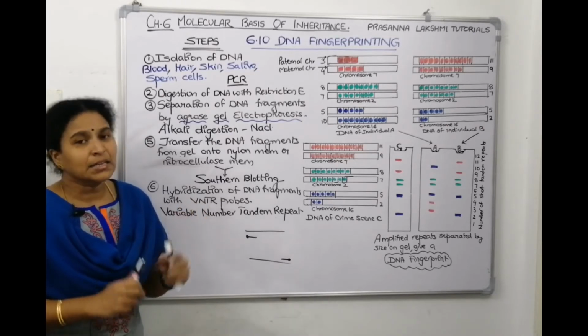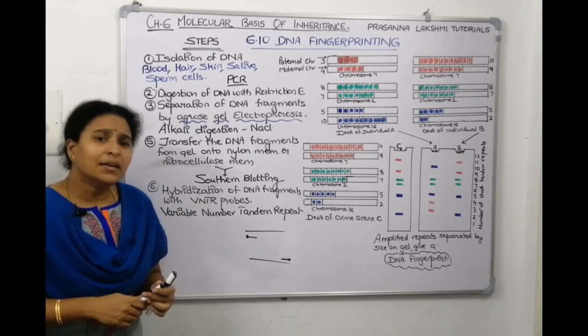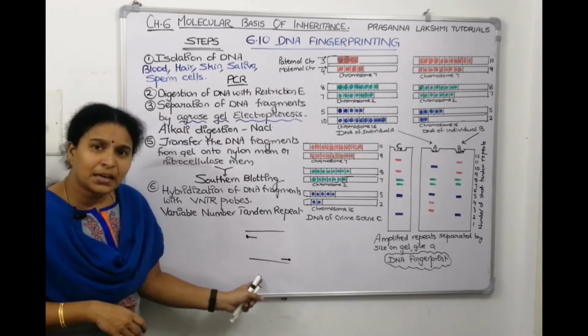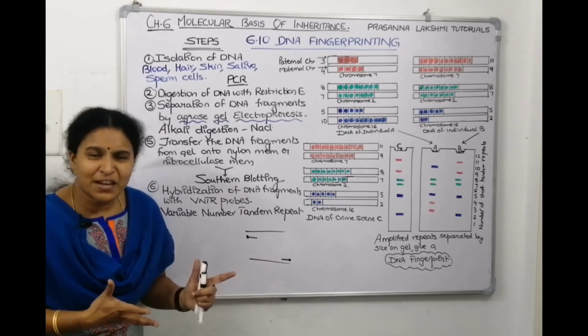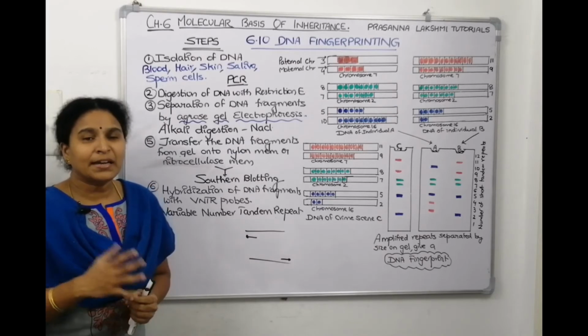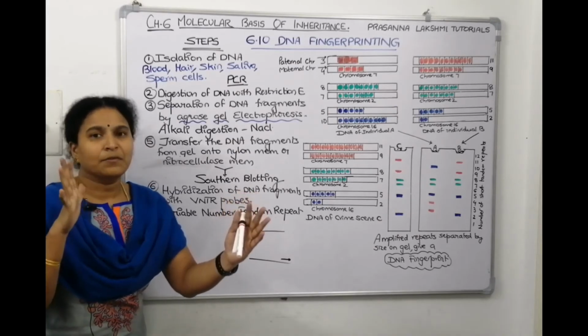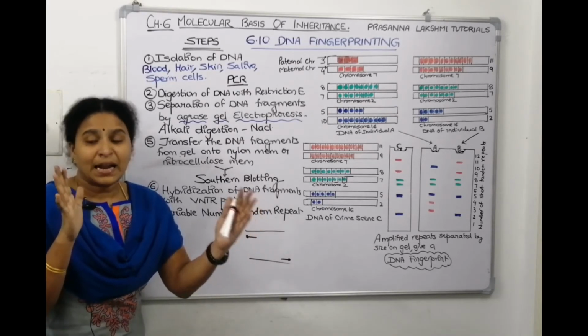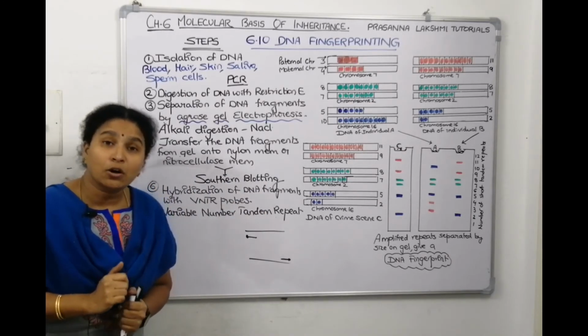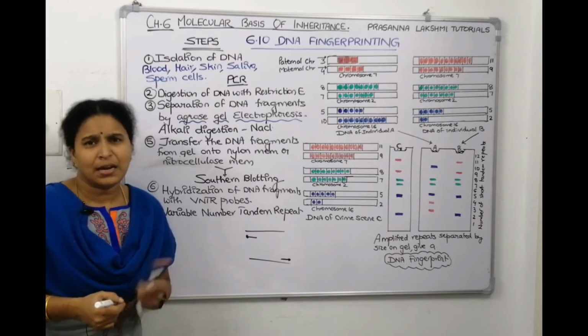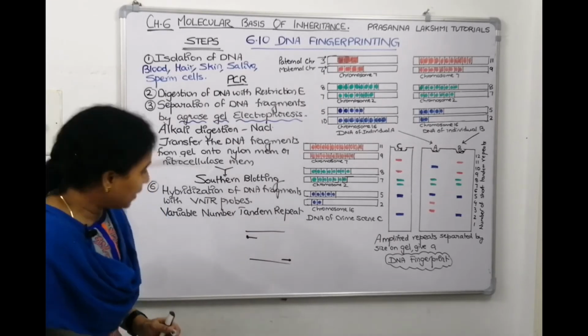Now when you hybridize it, what is the next step? The next step is detection of the hybrid DNA fragments by doing autoradiography. What is autoradiography? We take this and keep it in front of the X-ray photographic film, and these radiations will come here and they will be trapped, right? That technique is called autoradiography. So the last step will be detection of the hybrid DNAs.